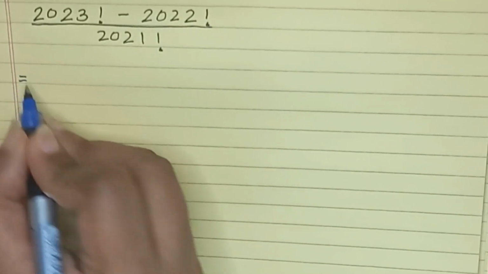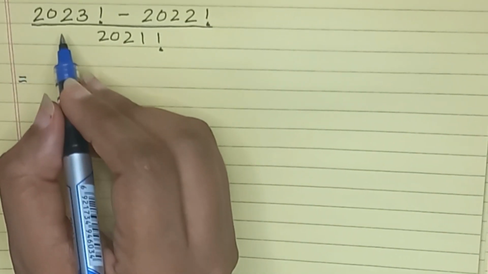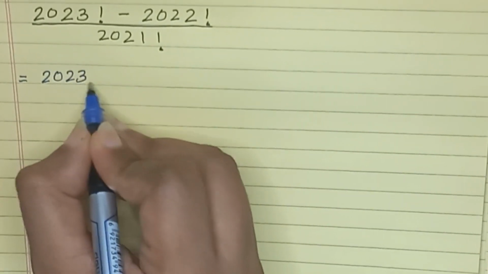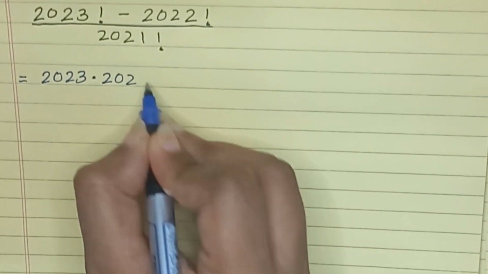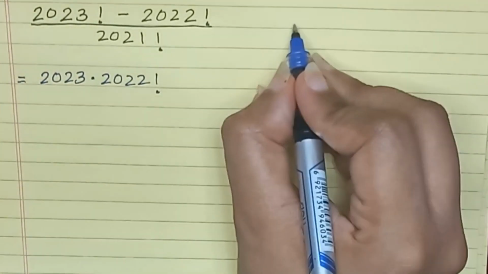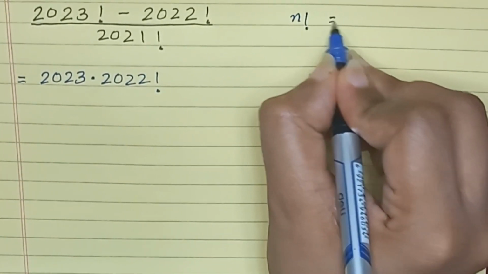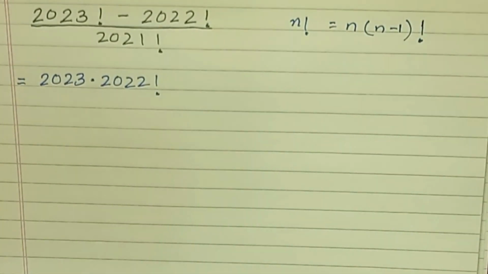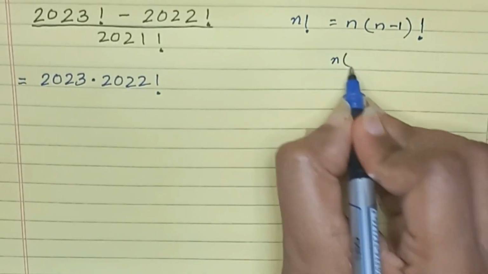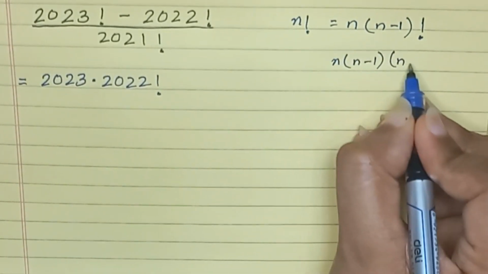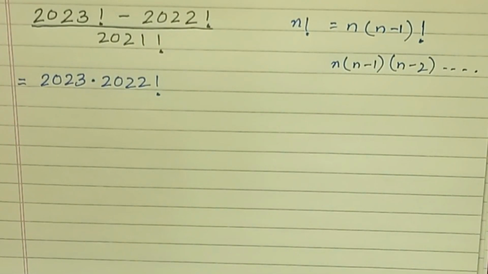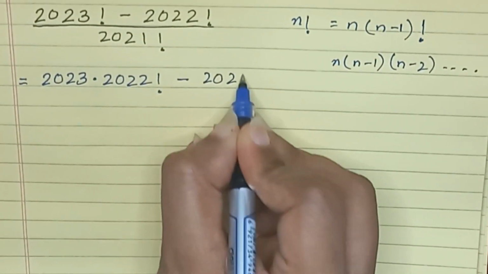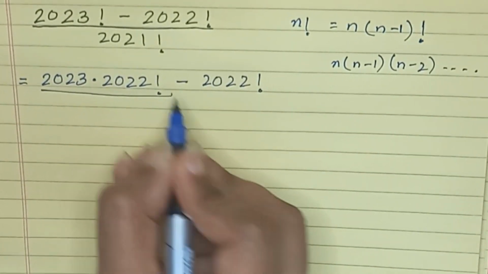So let's start. First of all, we have 2023 factorial, and it can be written as 2023 into 2022 factorial, because we can write n factorial as n into n minus 1 factorial, and it is the same as n into n minus 1 into n minus 2, and so on, and minus 2022 factorial divided by